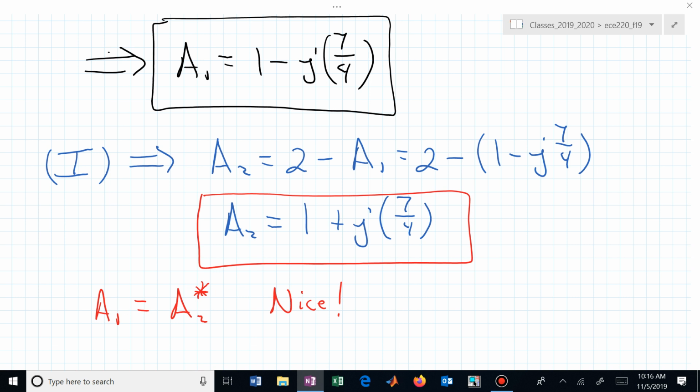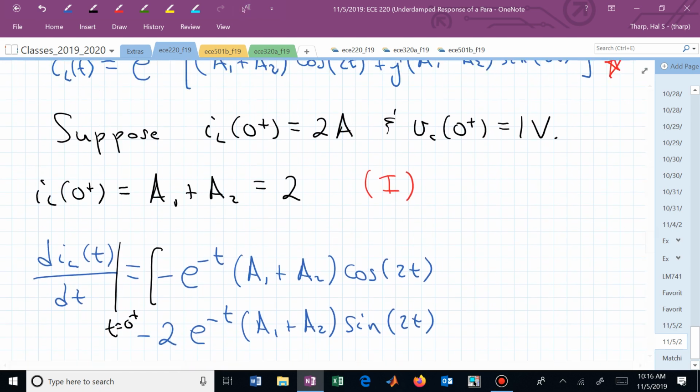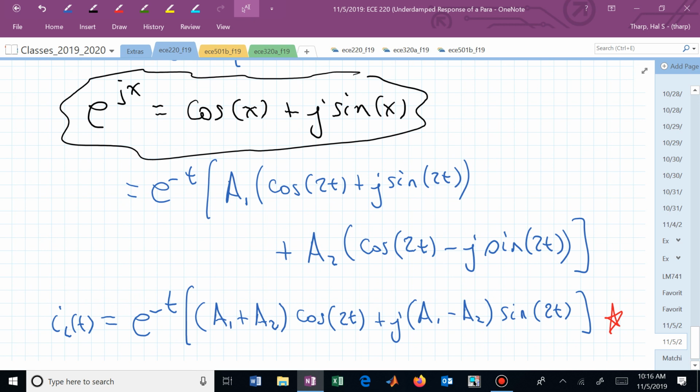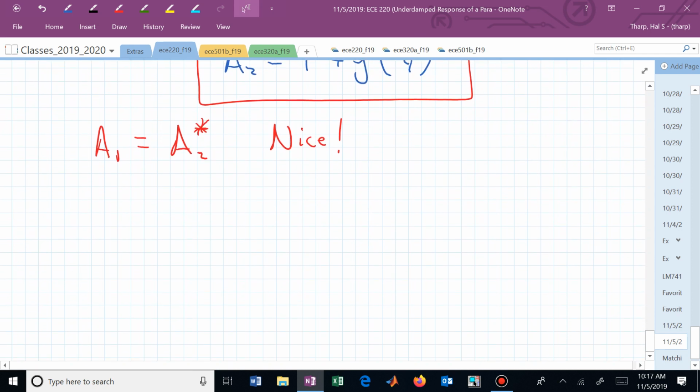Now, where were we? We were trying to find the current going through that inductor, and now we've got complex things floating around, but we had complex exponentials to begin with. If we go back to star, now we can replace A1 plus A2 and A1 minus A2 in that expression to end up with I sub L. Those are now determined. They're complex numbers, but let's see what happens. Everything else is determined. Now from star,